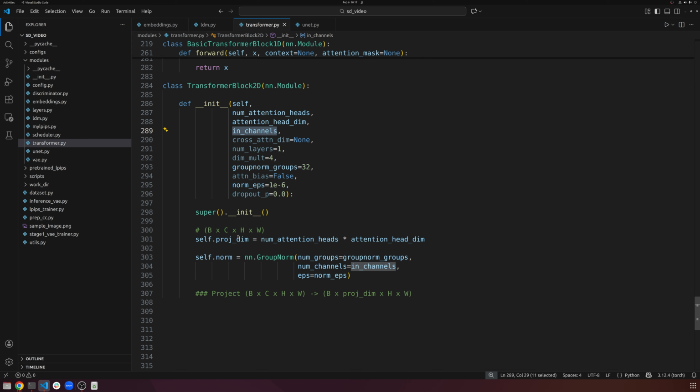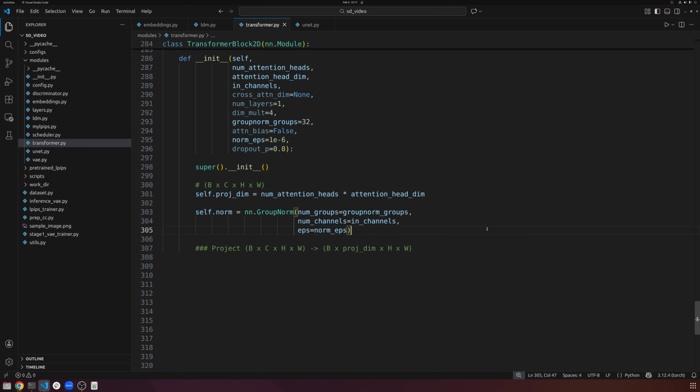So in channels is what's coming in, but what we want is projdim, whatever this projection dimension is, right? Because this is going to become the embedding dimension in just a second, right? So we want to make sure this is all correct. So the first thing we're going to do is